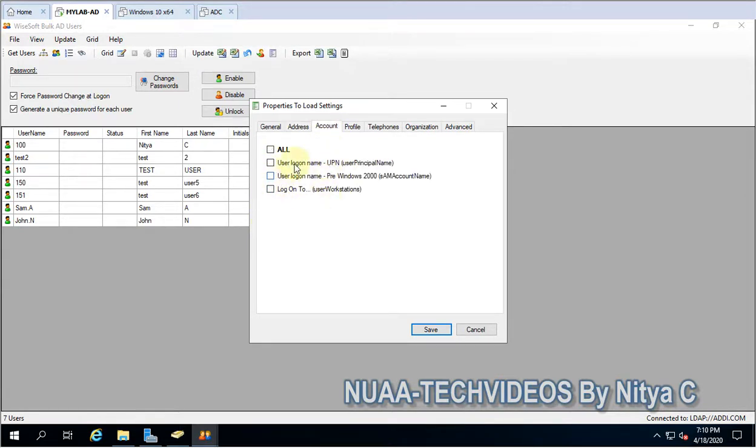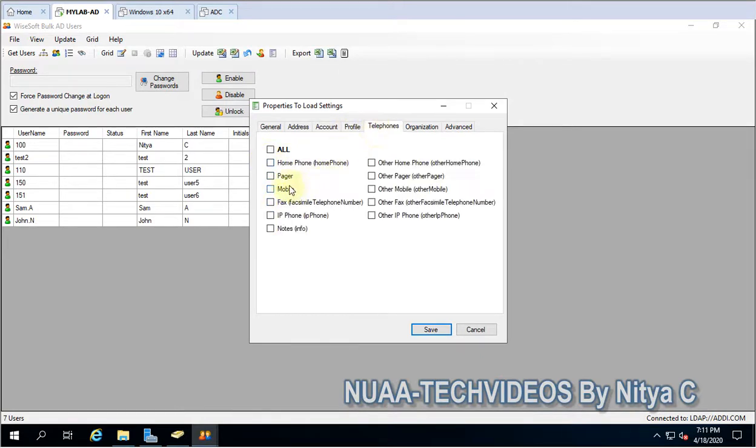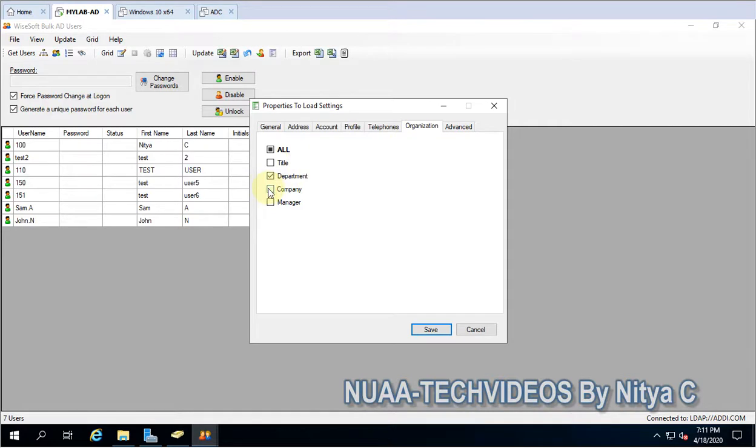And log on to account, log on name, profile, home folder, mobile, whatever attributes you want to modify, you can just pick them from here.